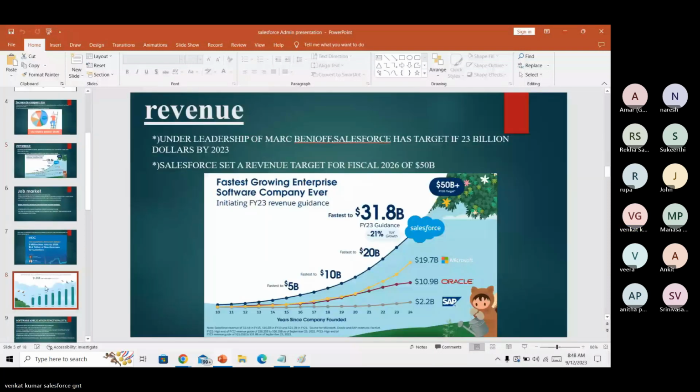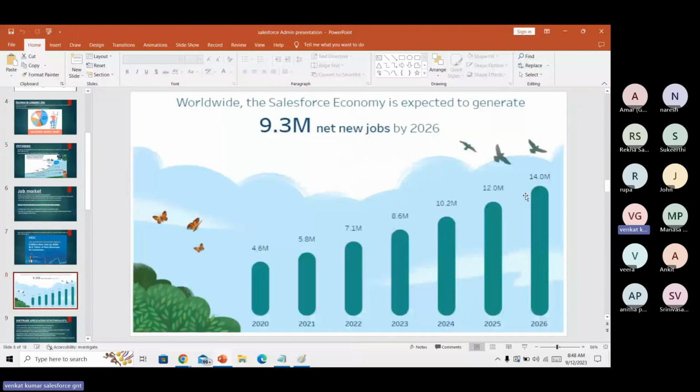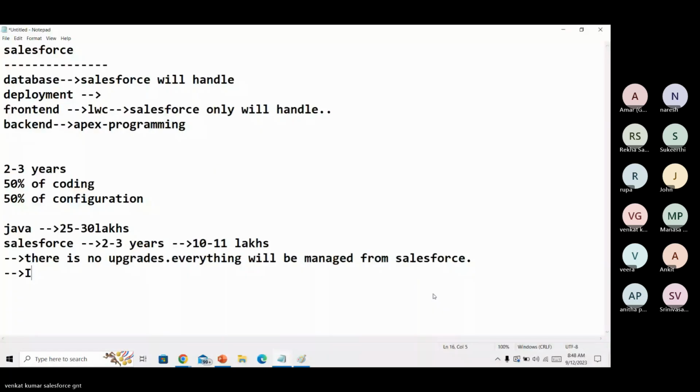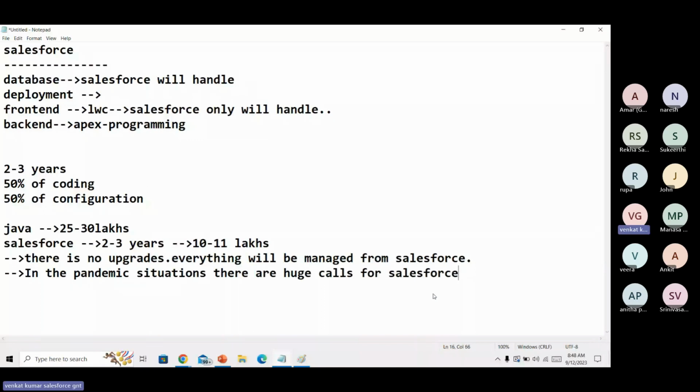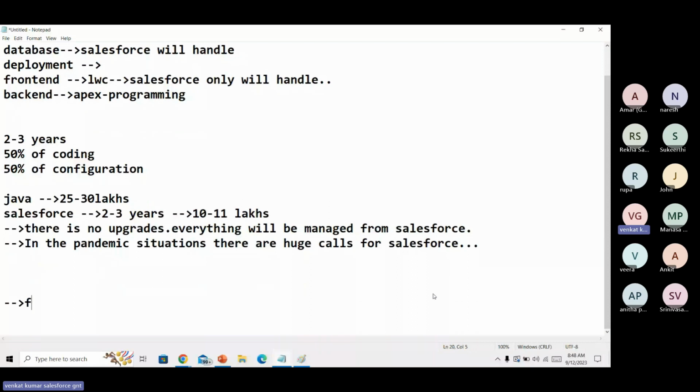Another thing is that definitely by 2026, 14 million new jobs will be created, so it is increasing. You can observe that in the pandemic situation also there was huge demand for Salesforce. So I think for freshers also there are vacancies.